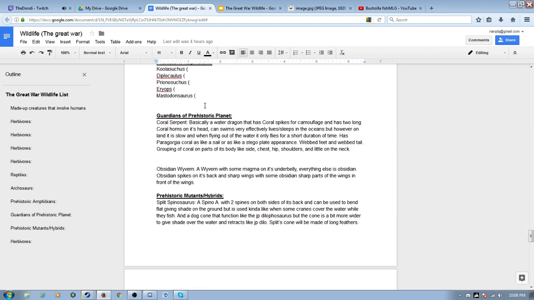Besides that, I kind of want to point out this. All right, we got some guardians of the prehistoric planet, which is, you know, the dinosaurs. So we got the coral serpent, basically a water dragon that has coral spikes for camouflage and has long coral horns on its head. It can swim very effectively. It lives and sleeps in the ocean, but on land it's slow. And when flying out of the water, it only flies for a short duration of time. Has a paragorgia coral, which looks kind of like